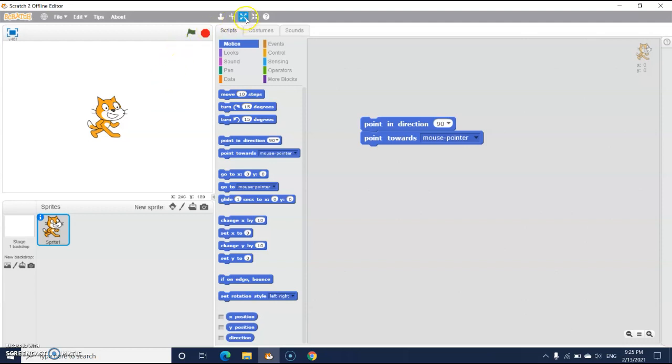Third cursor tool is grow. Click on this tool. Your mouse pointer will get changed to 4-headed arrow with an outward direction. Now place the pointer on the sprite and click on it. Size of the sprite will increase.